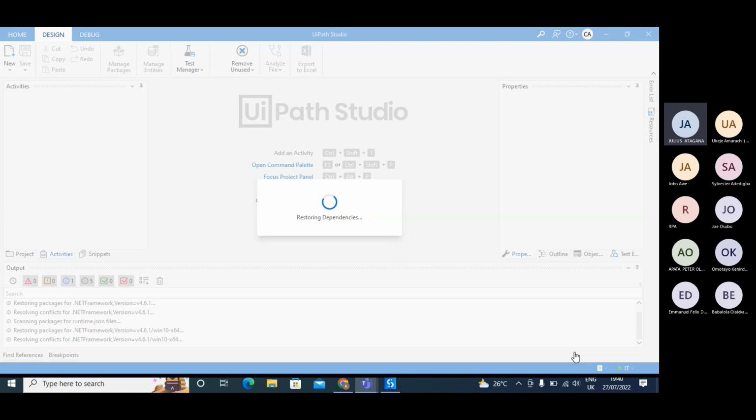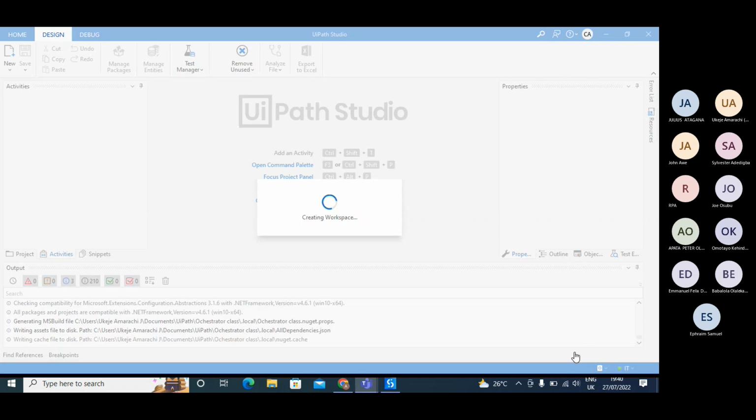For your robot to actually work with your orchestrator, there's a configuration you need to do for it to work. And we'll look at all of those and see how we can use on-premise configuration on that. You could either configure the assistant or the robot.